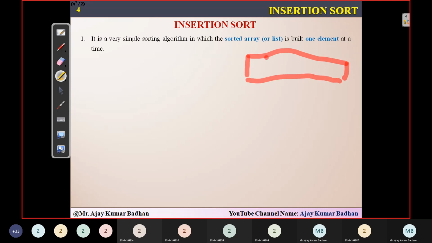an array like this, and there are some elements present in it, at indices 0, 1, 2, 3. Insertion sort, at a time, will try to sort. Suppose we are arranging them in ascending order, small to big. So whichever is the smallest element present in this array A will be placed in the first location. For example,